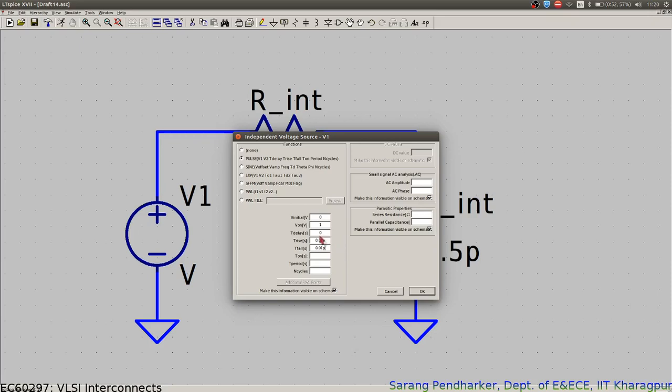Not picofarad, sorry, picoseconds for that. On time will depend on your clock frequency. So if your clock frequency is 2 gigahertz, your time period would be 500 nanometers. No, sorry, 0.5 nanometers, or 500 picoseconds. And basically your on time can be half of that. So I'm taking it as 250 picoseconds, and my time period as 500 picoseconds, and number of cycles let me